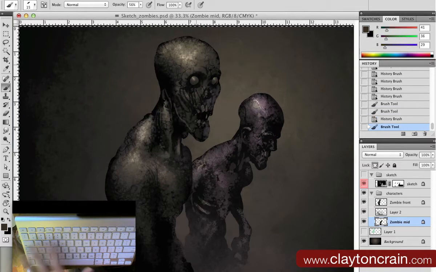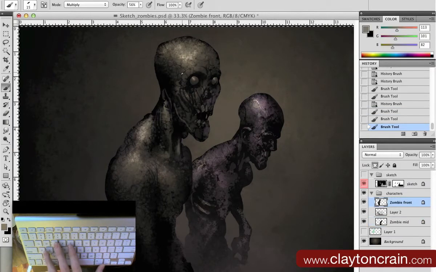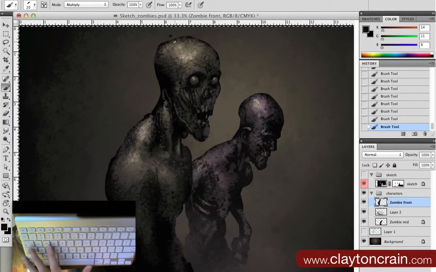So you can get into this, do all sorts of designy details, bits, and turn off the opacity lock. You get some hair in there, start breaking up that